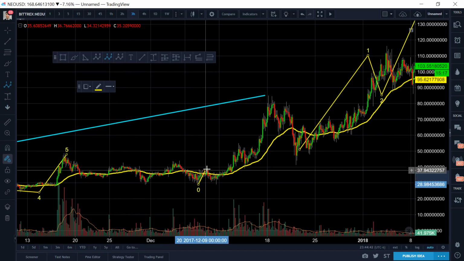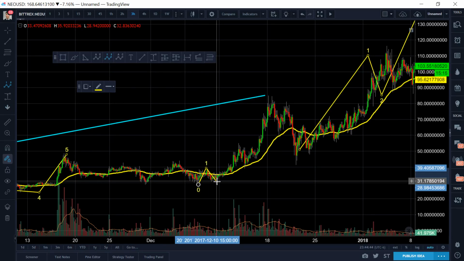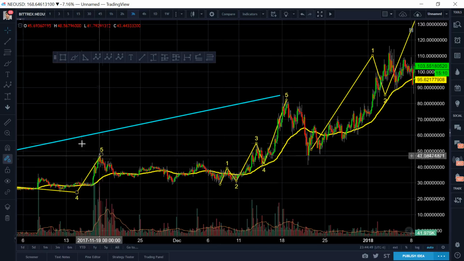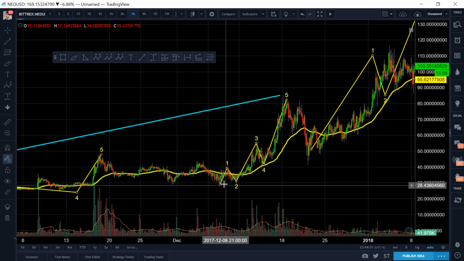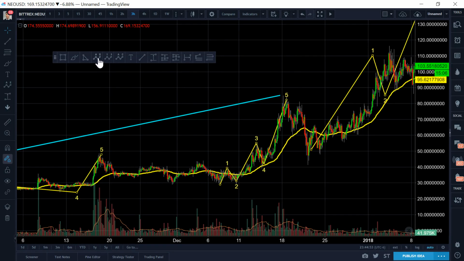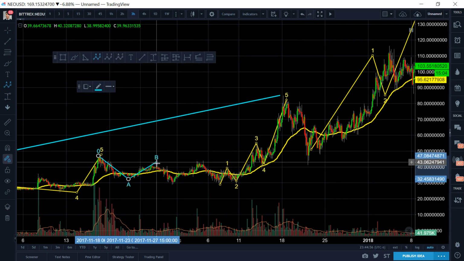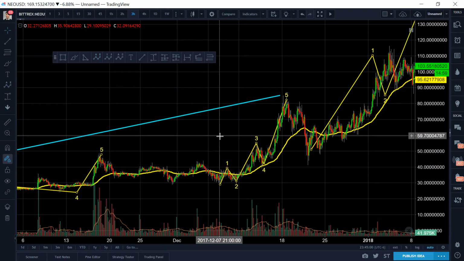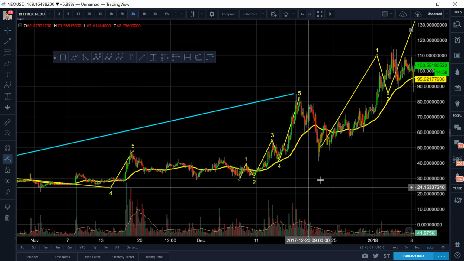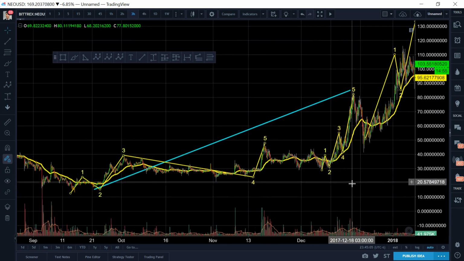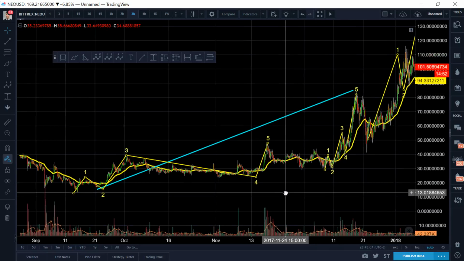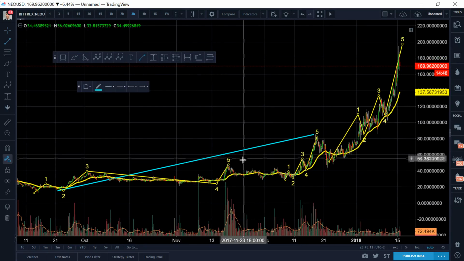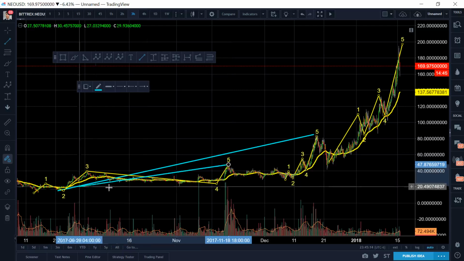Basically just a general area, right? Just a general area. An A, B, C, D, and E correction in here as well, with A, B, C, D, and E in a flat. So this one here, to me, seems so much more right, doesn't it? What do you guys think? I'm so on the fence. Do you guys see what I mean by the complexity of this?